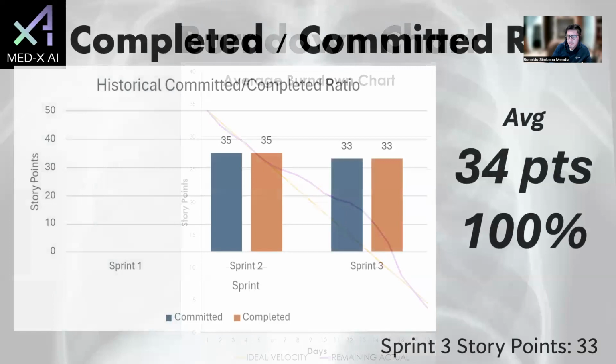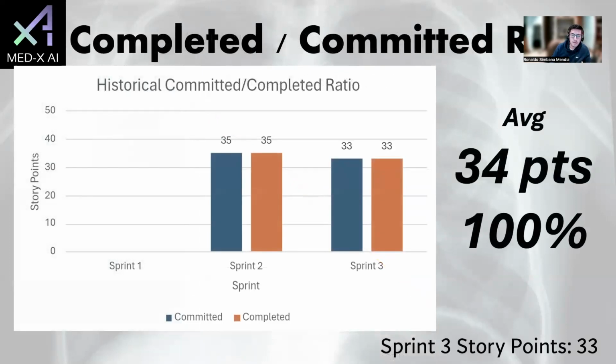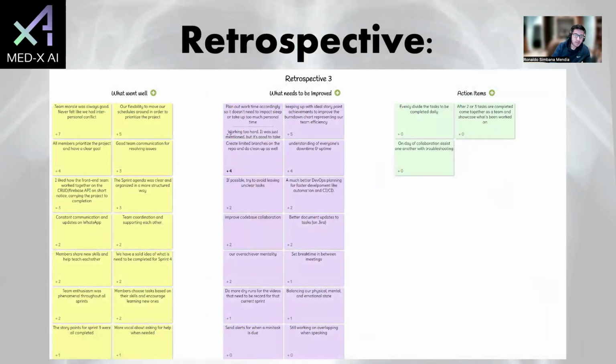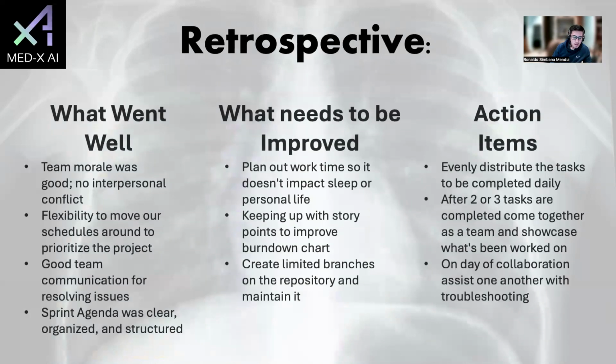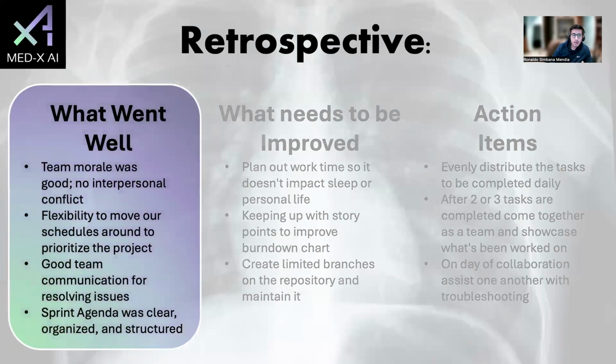Okay, next one, please. This is the completed and committed ratio graph. As you see, the story points completed for sprint 2 was 35 and sprint 3 was 33. These give us an average of 34 points within 100% completion. Okay, next one, please. This is a screenshot of the retrospective board, and I will be going into more detail on the next slides as well. The retrospective shows three columns: what went well, which was